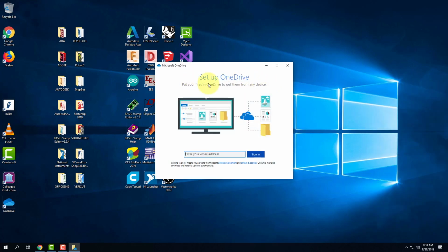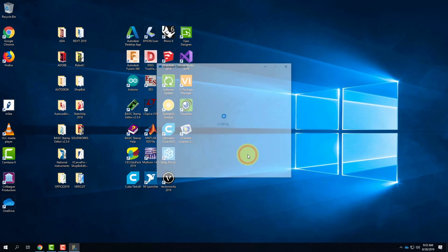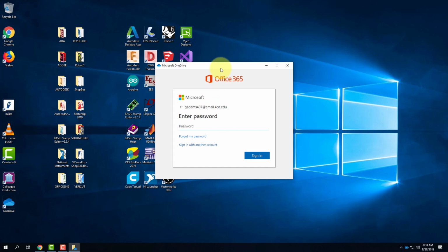When you get to this page, this is going to be your Insight email address. You're going to type that one in. For me, it's different than yours because mine's a faculty one. But I will type that email address in, and when I click Sign In, I think yours is presented with this. Yours might go directly to the login. This is a little bit different for me because I'm a faculty member. There's the login page, and I'll have to enter my password. Yours might look slightly different. I think it has a DVC brand on it, but you can essentially do the same thing. Don't keep clicking next, though, because I'm going to show you something in just a second.